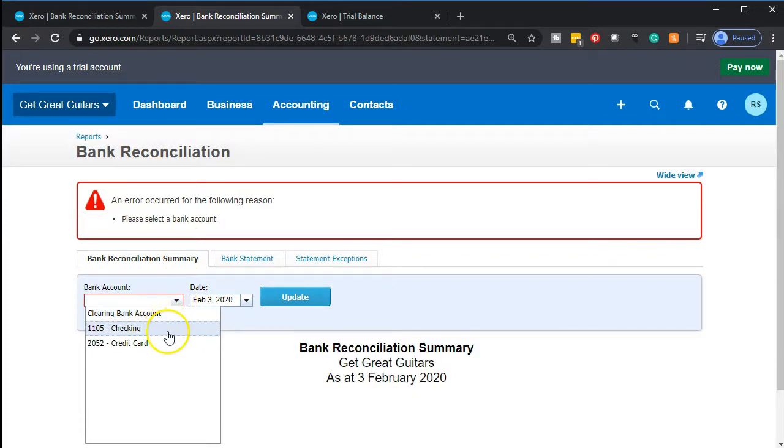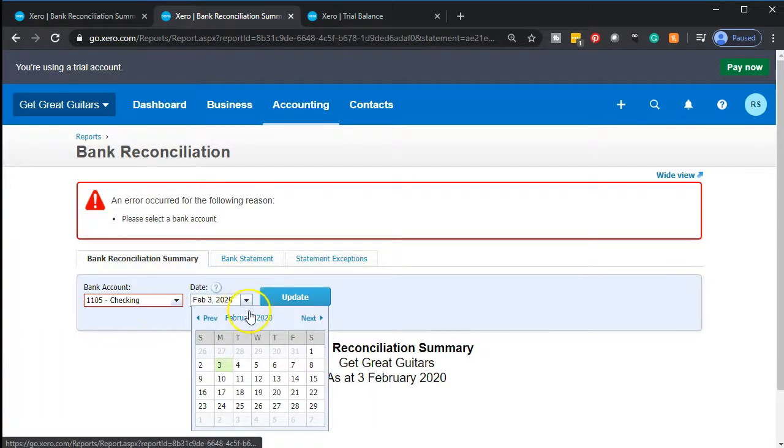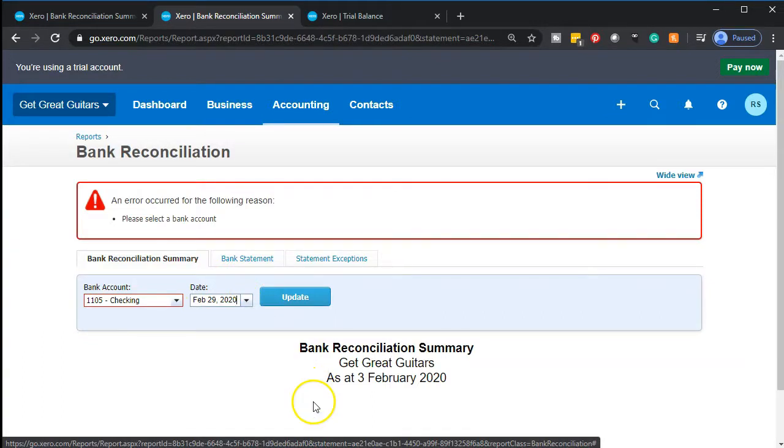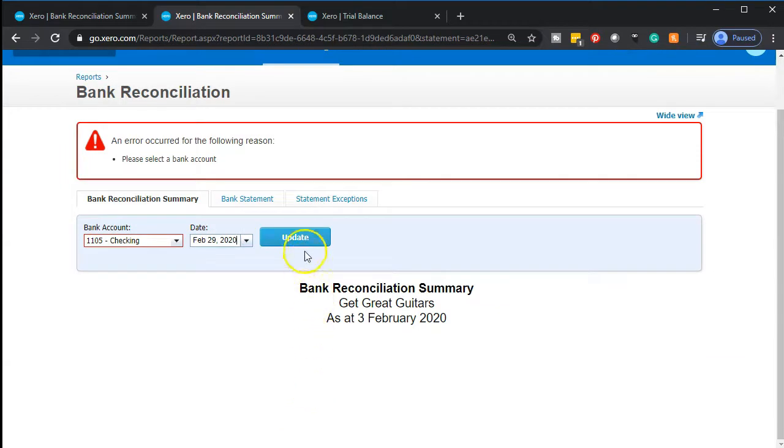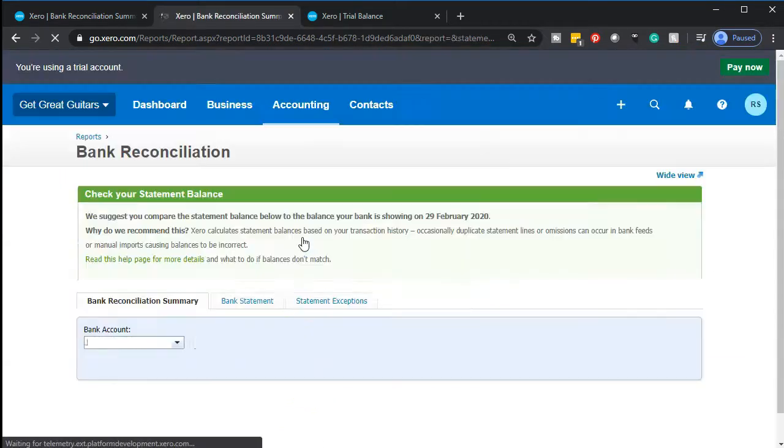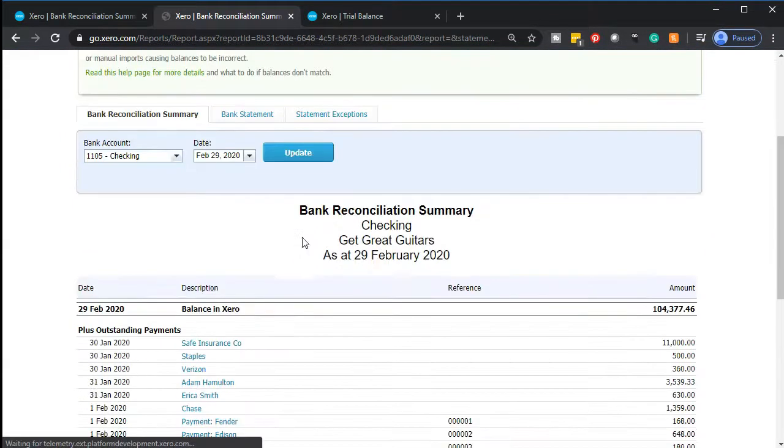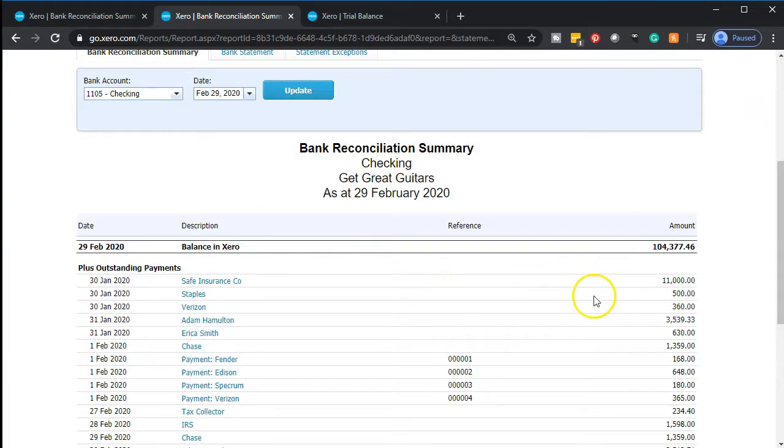We're going to be reconciling the checking account, and it'll be as of the end of February 2020 in our practice problem. So we're going to be on February 29th. Then we're going to go ahead and update that report. So we have an updated report. And what we're going to have for our reconciliation is the balance for Xero as of February 2020, which is the